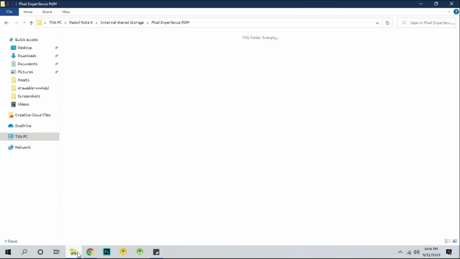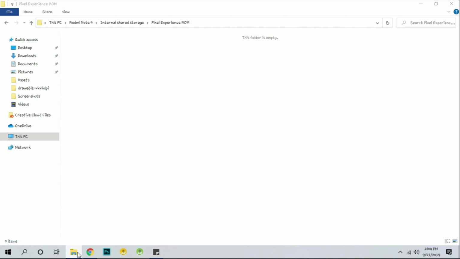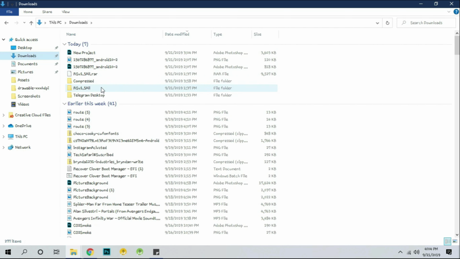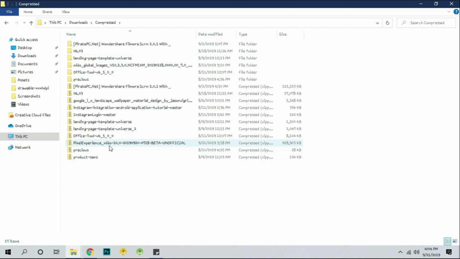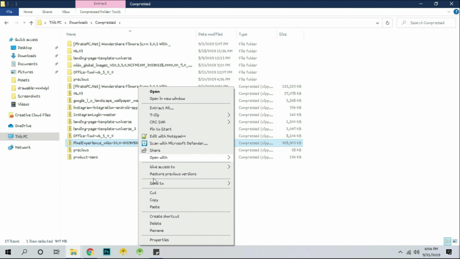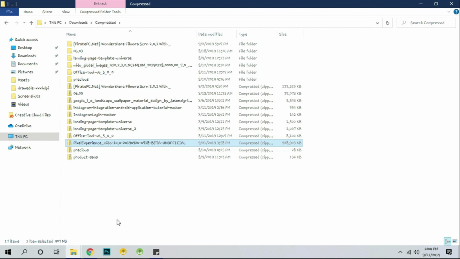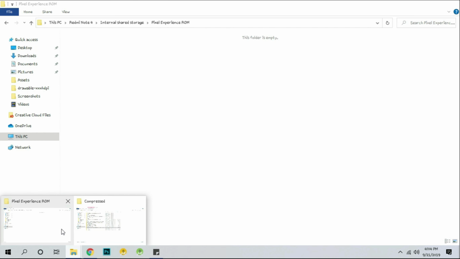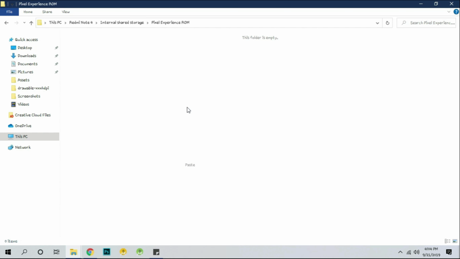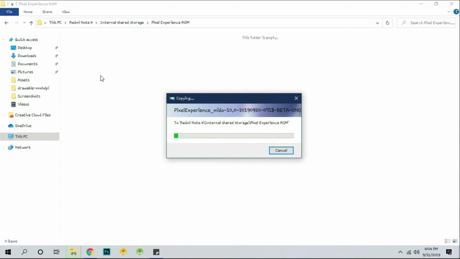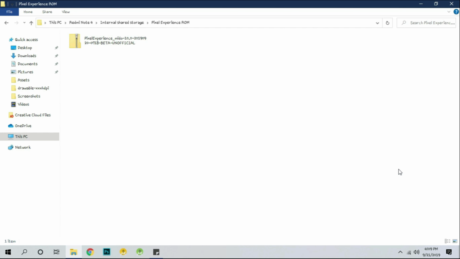Now open that folder. Now go to the downloads folder where you have downloaded the ROM. Now paste that inside the Pixel Experience ROM folder of your internal storage. This is going to take a while. So the Pixel Experience ROM has been completely copied onto the device,